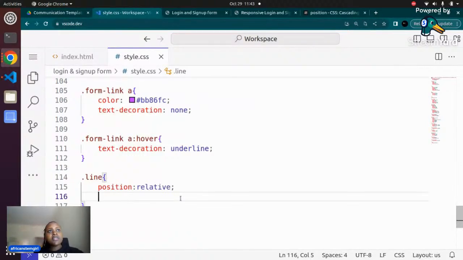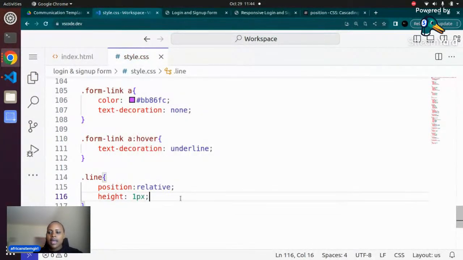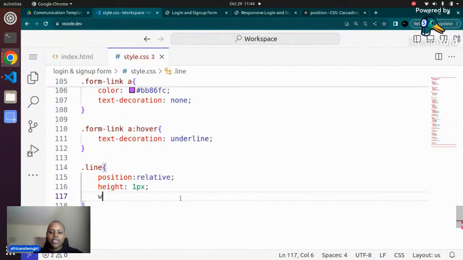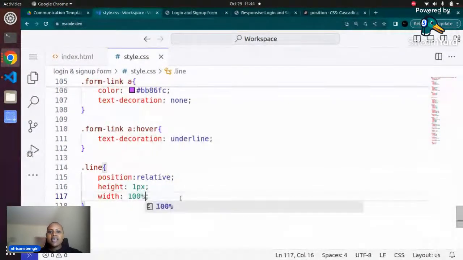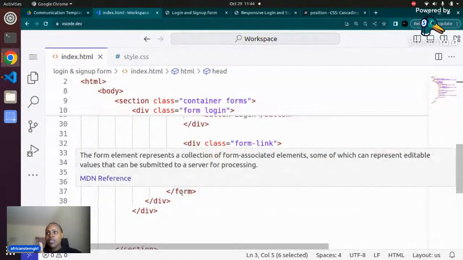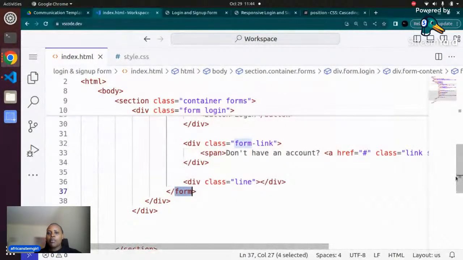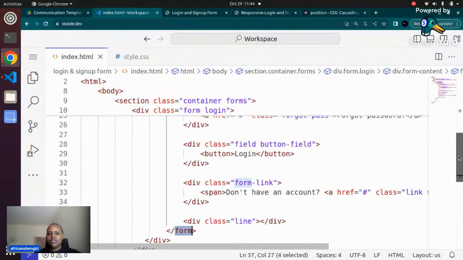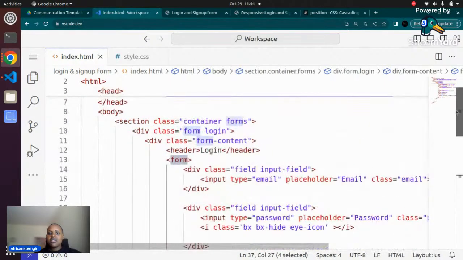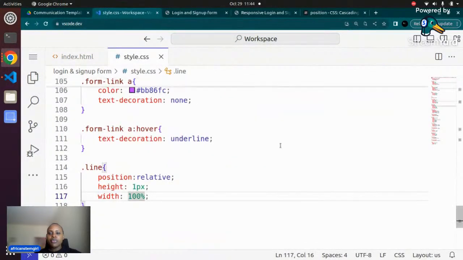So I'll come here and I will say position to be relative. I'll give it a height because the line is very slim. I'll just give it 1px, and I'll go ahead and give it a width, and I will say for it to be 100%. When I say 100%, it's not going to occupy the whole screen width, because we are talking about 100% inside the form. Because it is a child of the form element, you can see it's inside the form. And because we had already defined the width and the height of the form, if we scroll up,